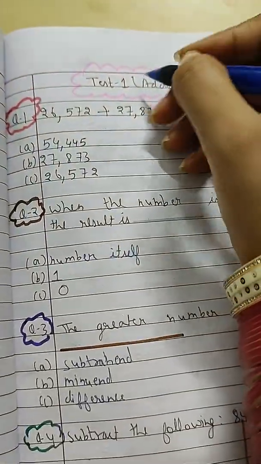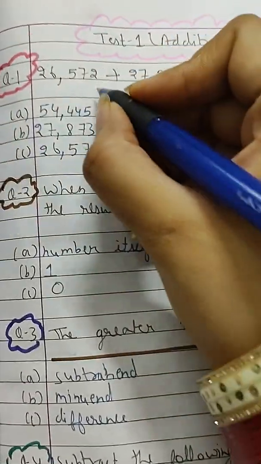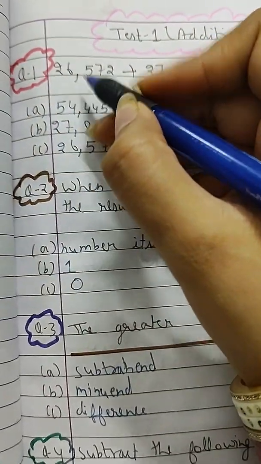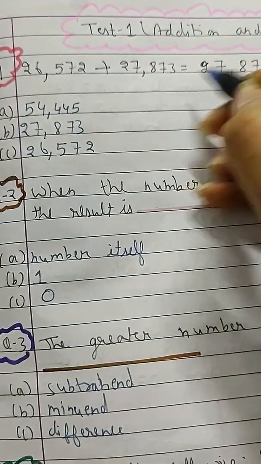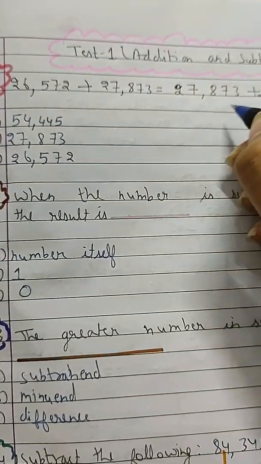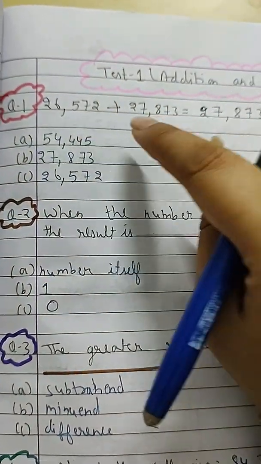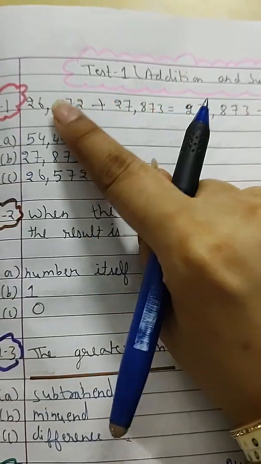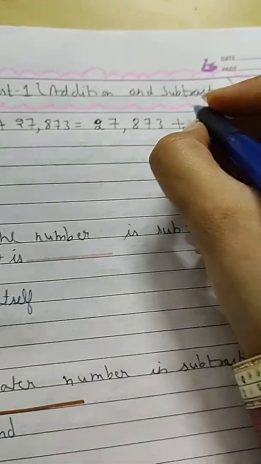Today we are going to discuss test 1, additions and subtractions, that I have taken. The first question here is 26,572 plus 27,873 is equal to 27,873 plus dash. As you can see, this number is repeated but this number is not given, so we are going to write the same number here, that is